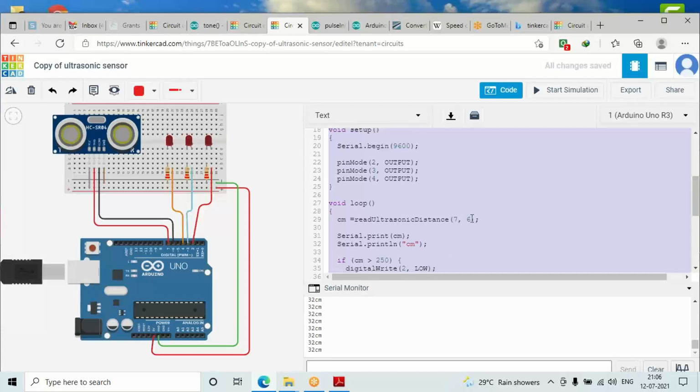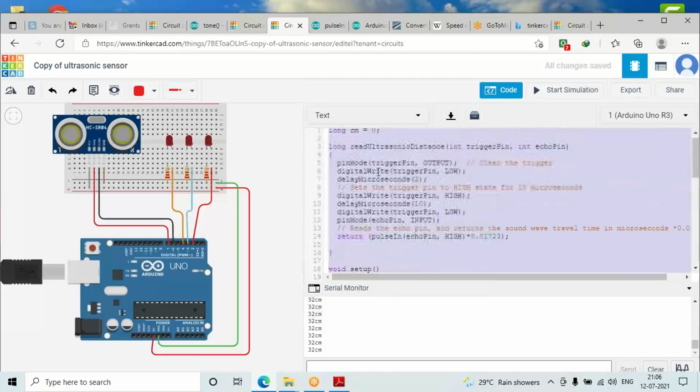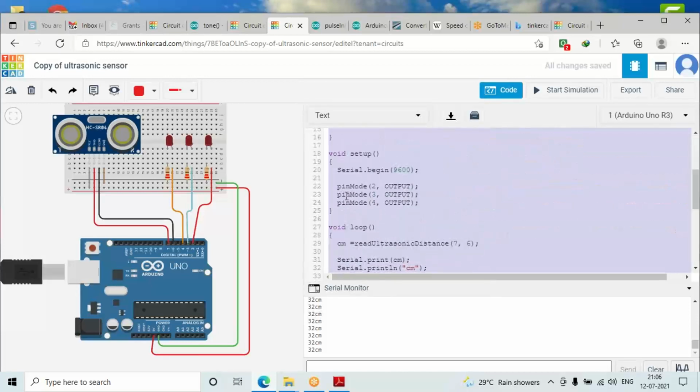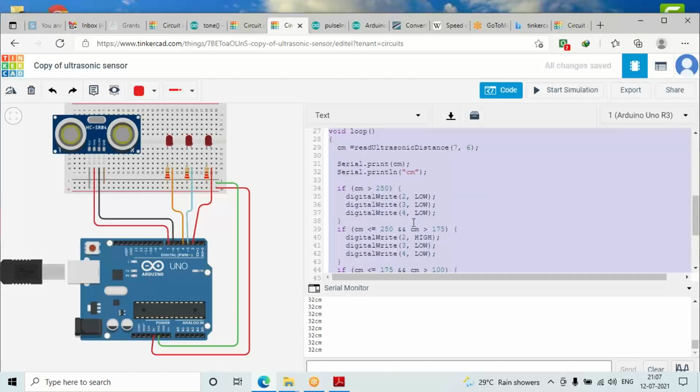If you look carefully at what we have done here, first of all, let's move to the setup part. In the setup part, we have set all the 3 LEDs as output, because LEDs are always connected to an output channel. So I marked them as output. Now after doing this, let's move to the loop part and see what we have done in the loop part.